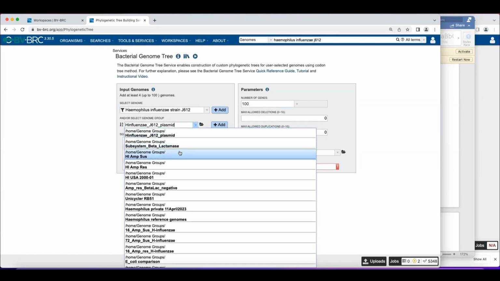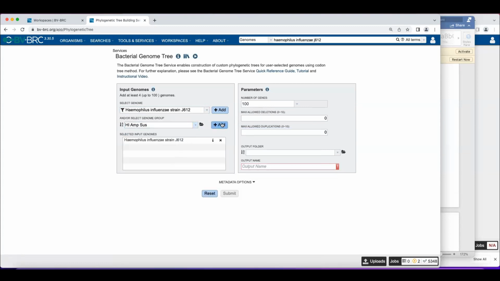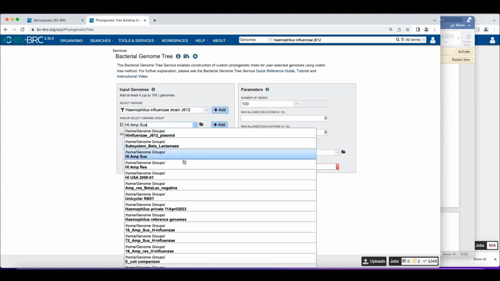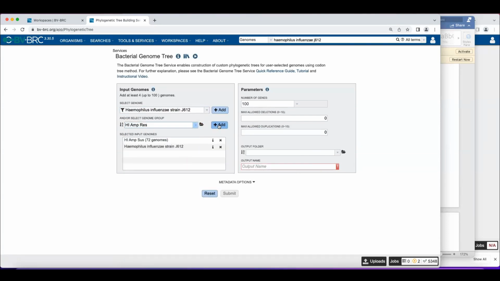Okay, that's susceptible. I'm just going to add those, even if it's resistant, even if it's more. So we have our susceptible and our resistant and our one special genome that we've jumped through hoops to get in here. Then other controls that you have on this entry box specify parameters that are going to control how